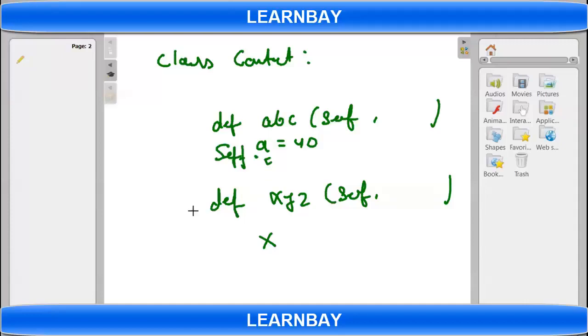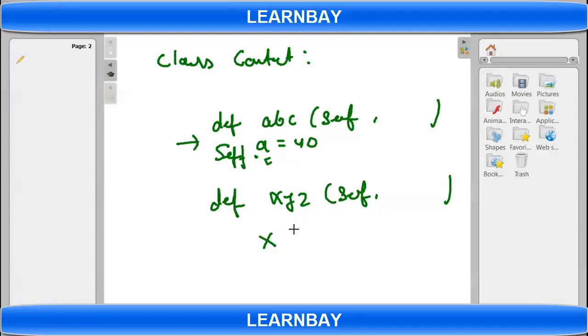Yes, you can use it, but you should first call ABC so that this a gets created, and then you can access it here as self.a inside XYZ also.